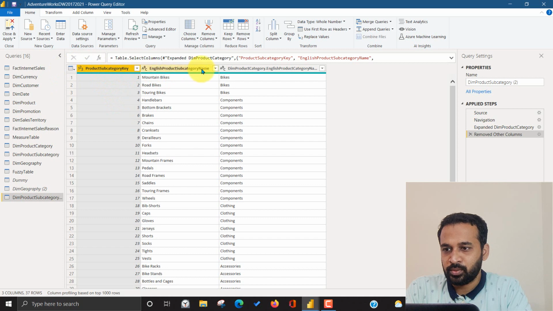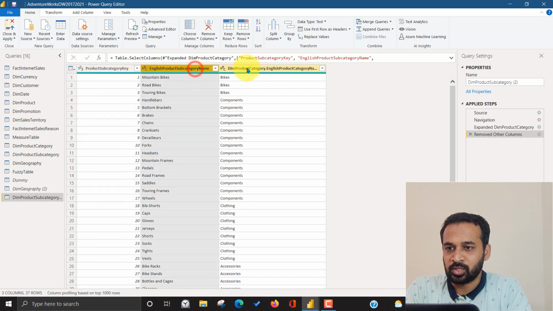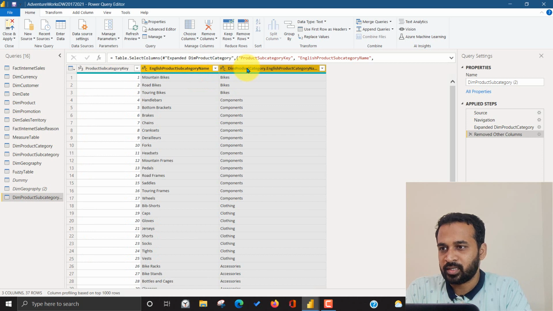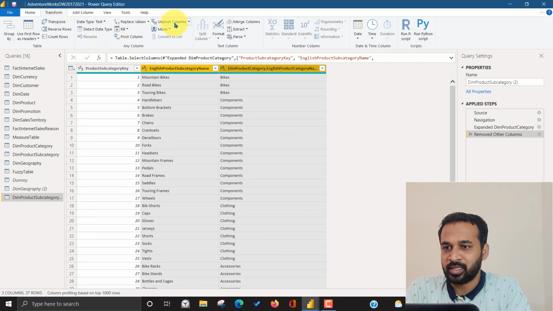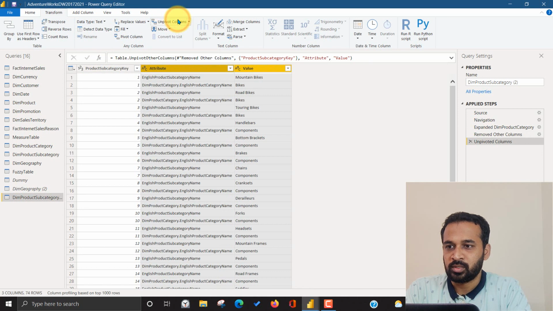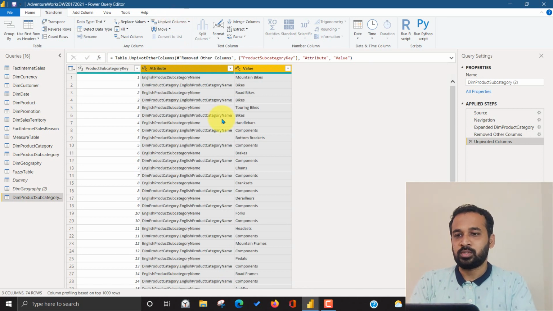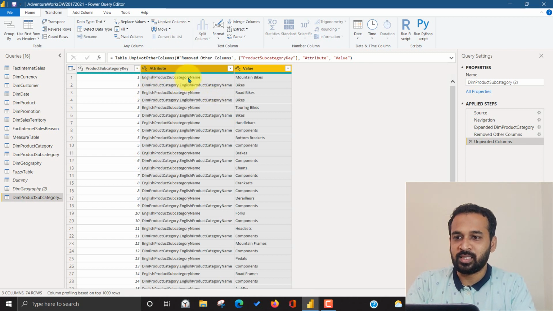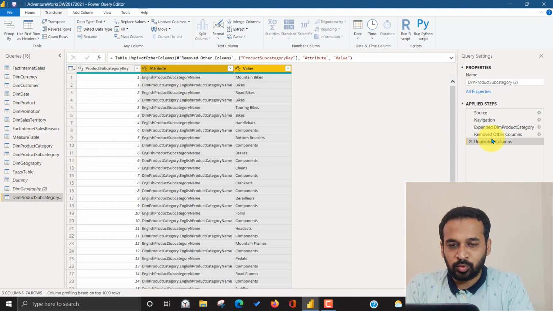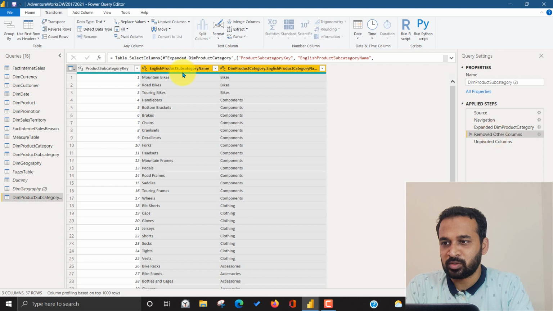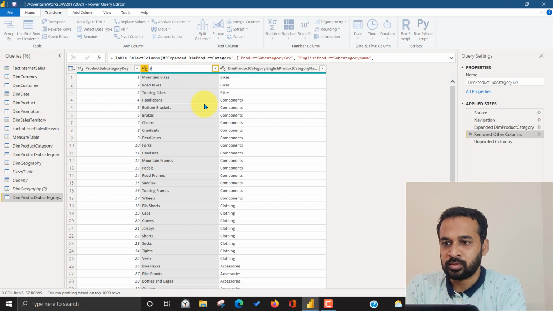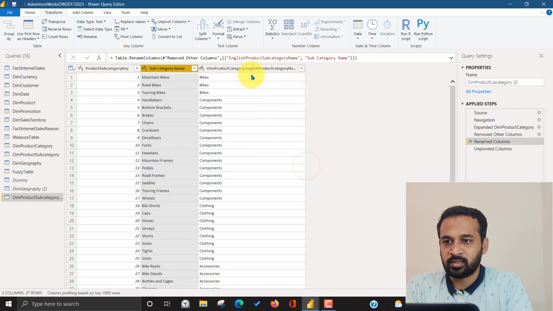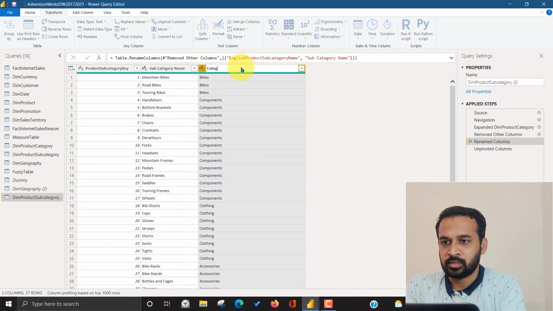So now I just need to select these two columns, and then let's go to Transform and click on Unpivot Columns. This will convert the values into rows. So I can see the subcategory here and category here. Before that, let's move to the previous step to rename the columns. This is basically subcategory key, and I'm renaming these two to subcategory name. Yeah, insert this step. And for this one, it just needs to be category name.